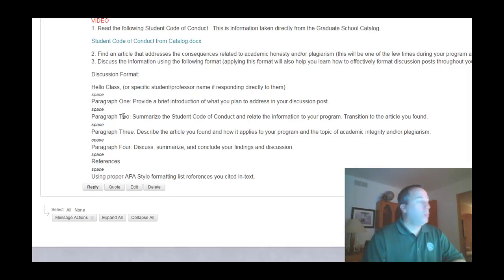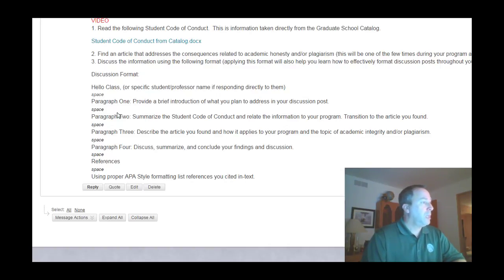Then we are going to apply what I refer to as a 4 to 5 paragraph model. So the introduction and conclusion is 2 paragraphs, and then the content or body of your discussion is 2 to 3 paragraphs. In this particular example, 2 paragraphs is all we really need. If there's a discussion where you need more information, you need to discuss a few more things, then add another paragraph. So here we have, in this case, a 4 paragraph model,